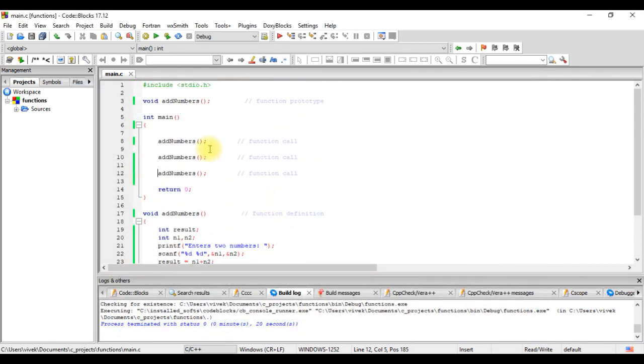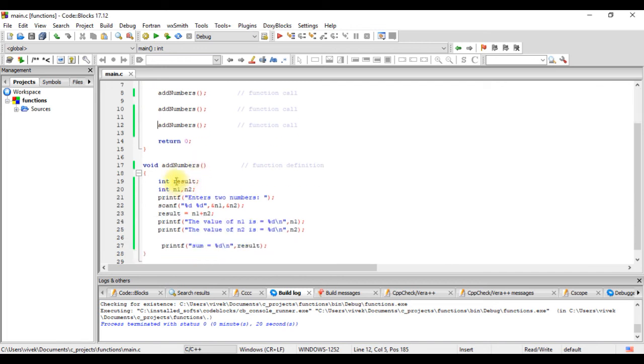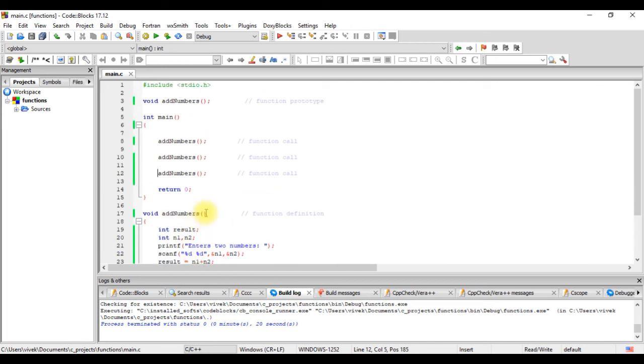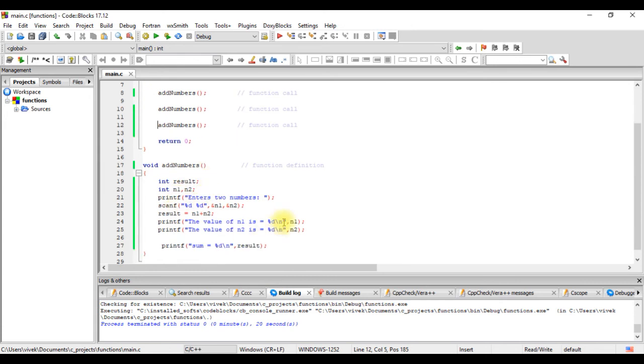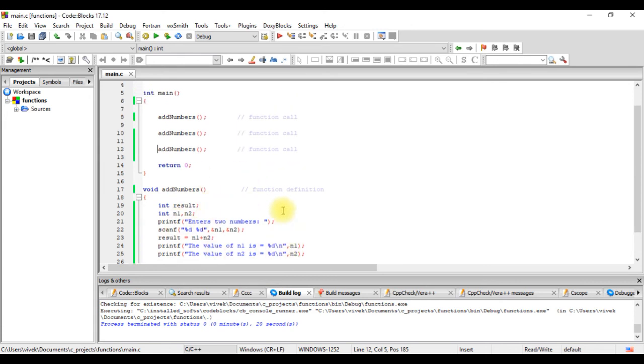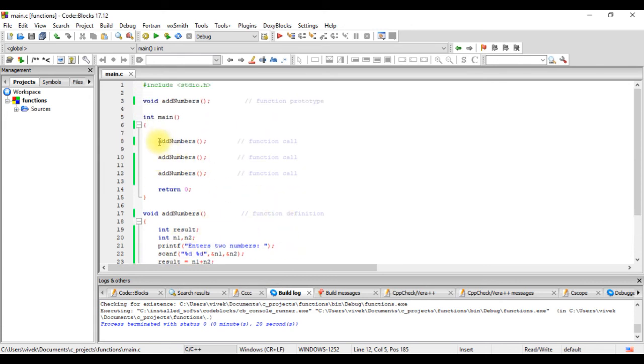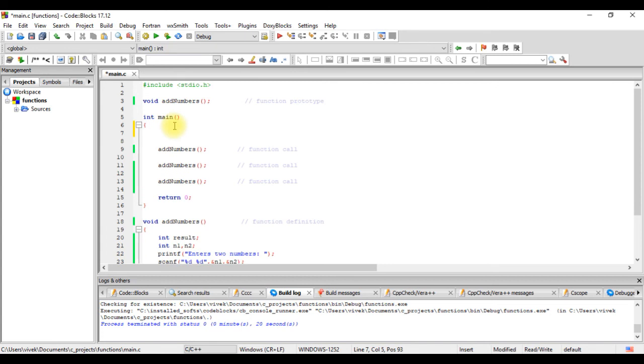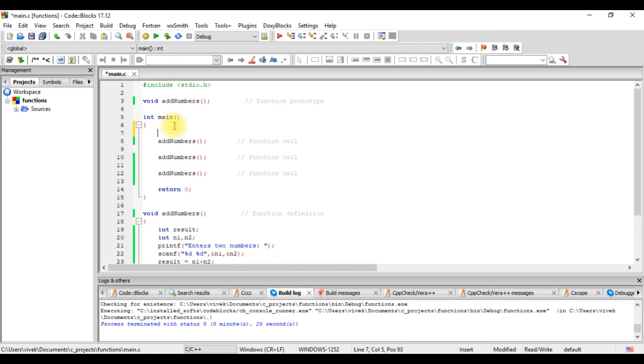So now we see here the repetitive statements were removed. We put all of the repetitive statements inside the function, and whenever we call the function, this is just getting executed. Now instead of writing this call 3 times, we can put it inside a loop. For that we'll declare a variable here, int i equals 0.